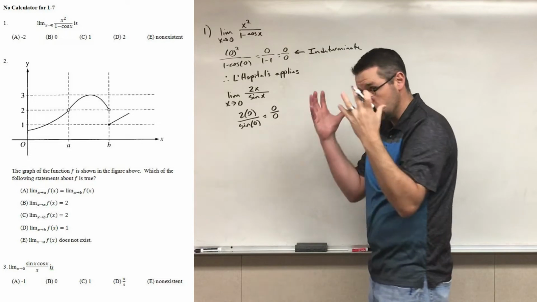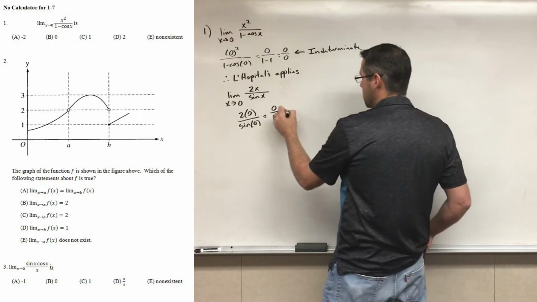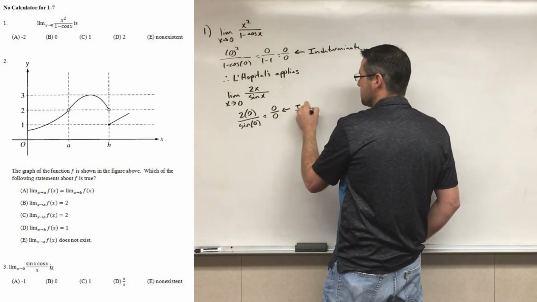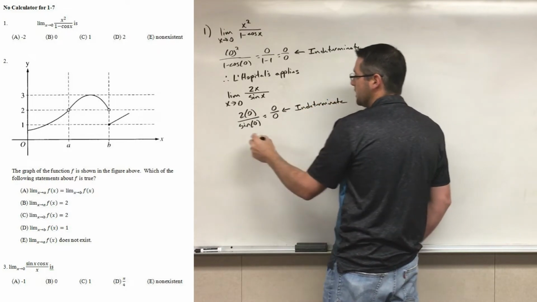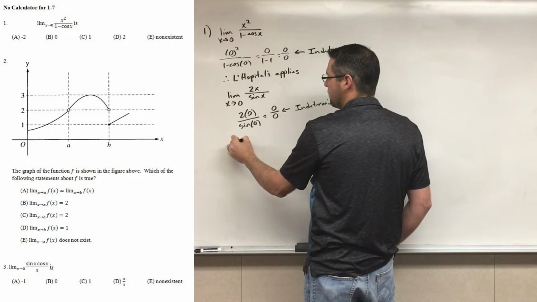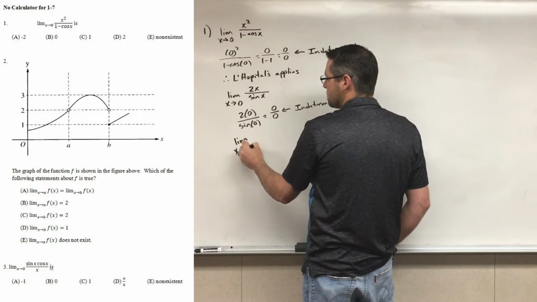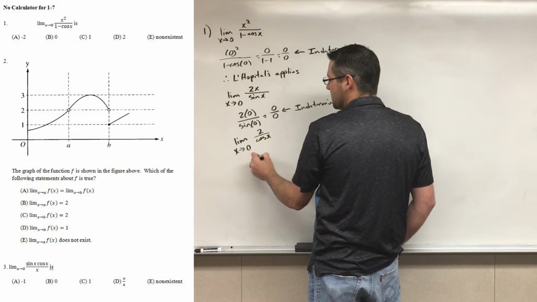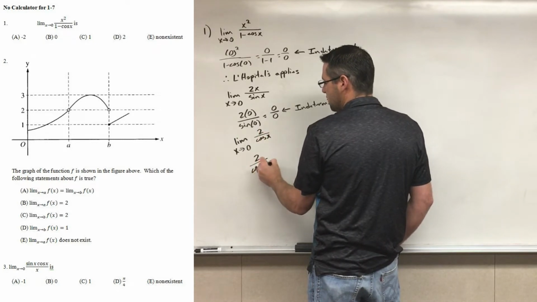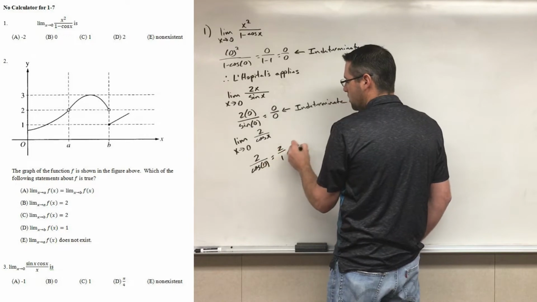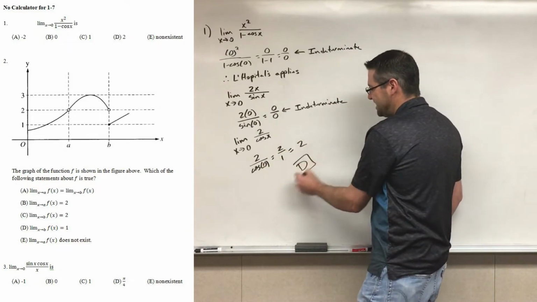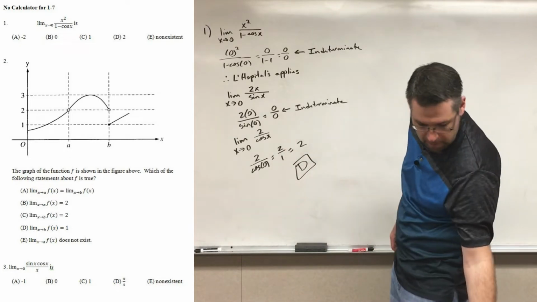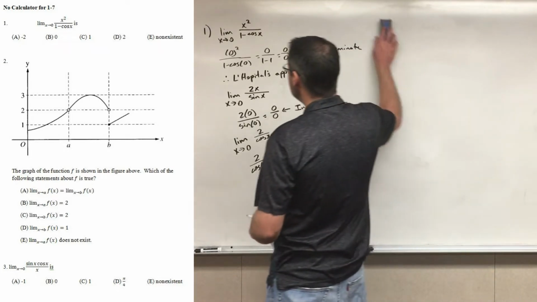We go, oh no, what do we do? Well, we do L'Hopital's rule again. Again, that's indeterminate. And you can use L'Hopital's rule over and over again as long as you keep getting an indeterminate form. So then as a result, we get the limit as x approaches 0 of 2 over cosine of x. And then from there, that's 2 over cosine of 0, which is 2 over 1, which is 2. So that gives our answer to be D. For number two,